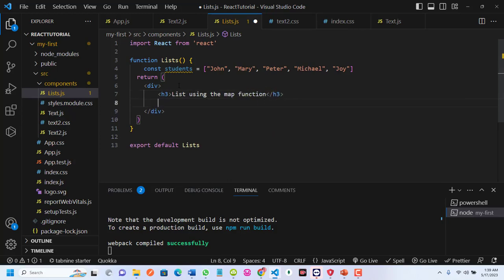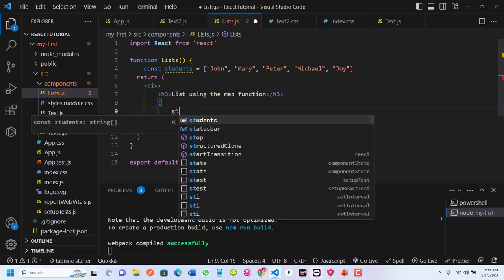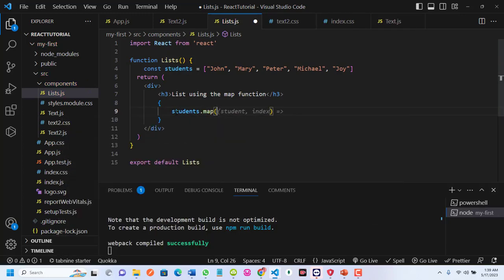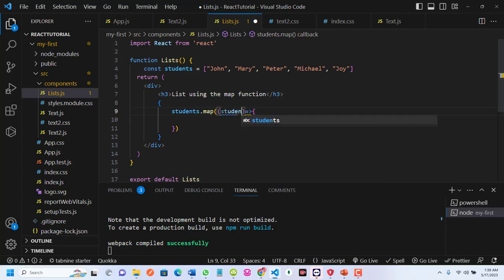The first thing you do is, because the map is a JavaScript entity, I'll come here and put my curly brace. Then I want to traverse this array called students using the map method. So this will be students.map. Now this map takes in a callback function, which is this. I'm going to pass in an iterable element here. You can call it any name. I'm going to call this student in singular. So this will return